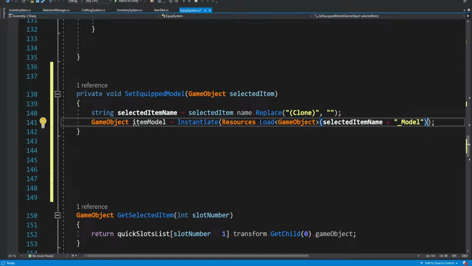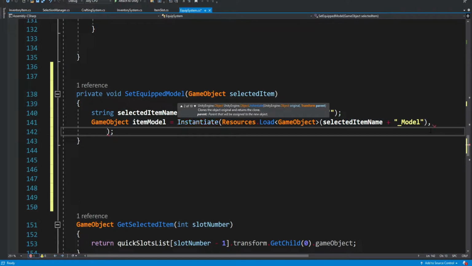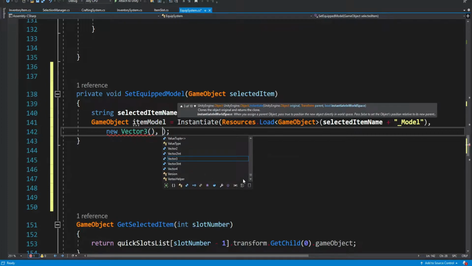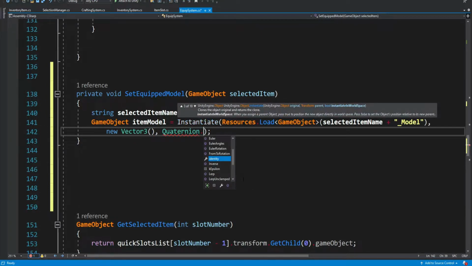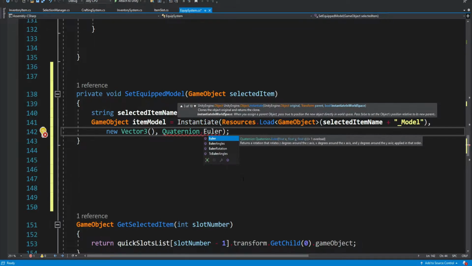And after we say which object we want to instantiate, we also need to specify the position that this object will be instantiated at, okay? So we say new Vector3, and also Quaternion.Euler.